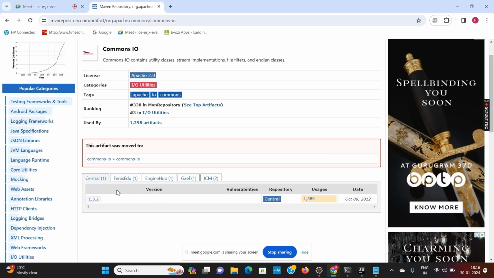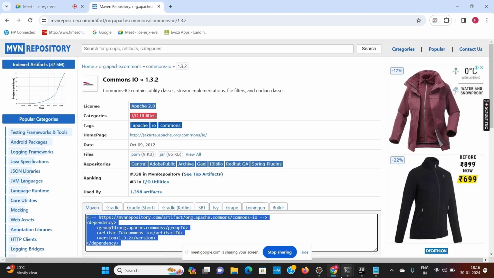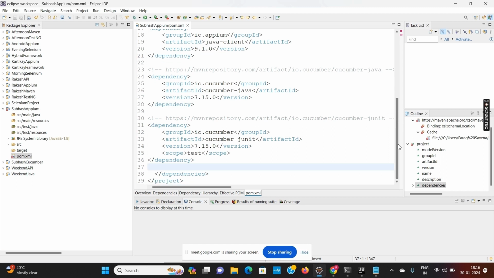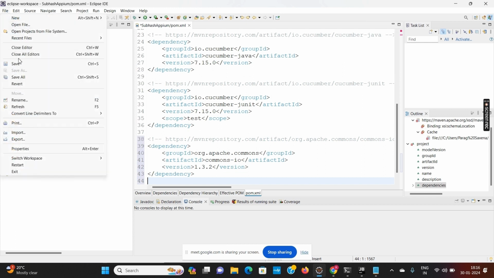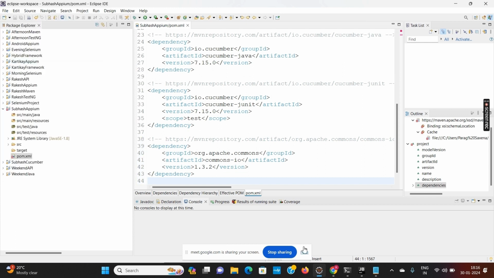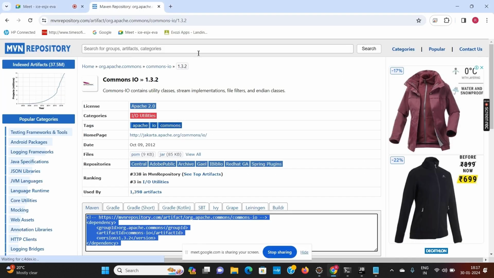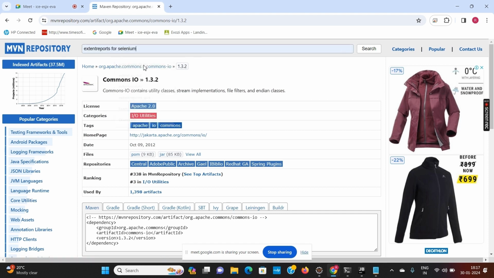Also, Cucumber generates its own report, but if you want to create your own report, then you can use Extent Reports also. So you can use Extent Reports for Selenium.